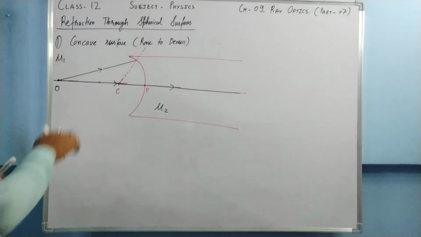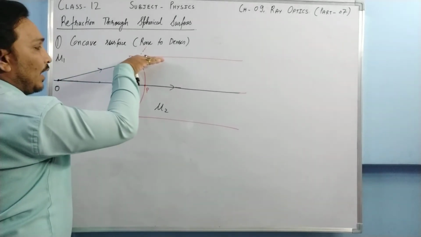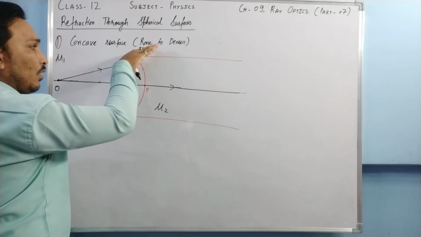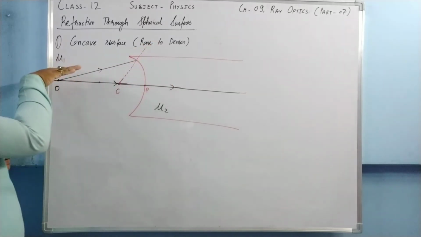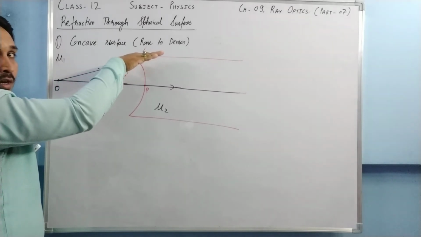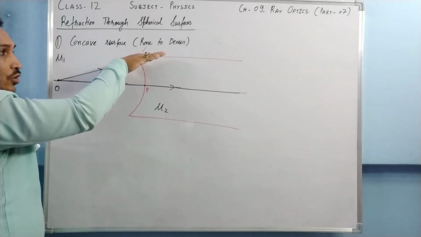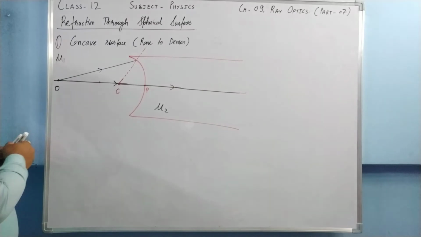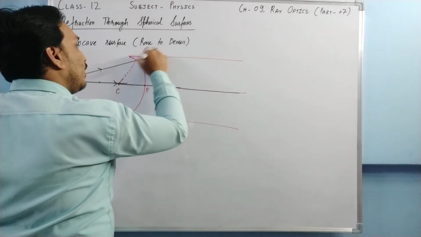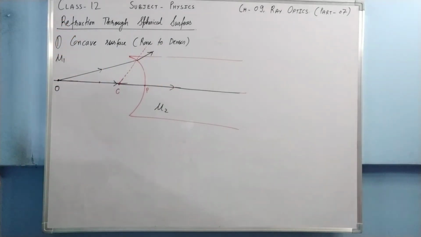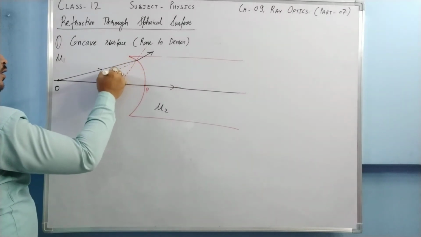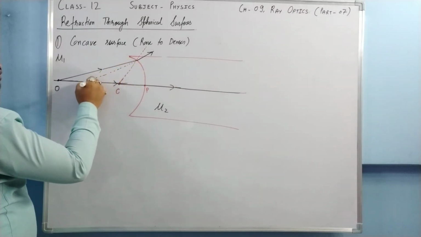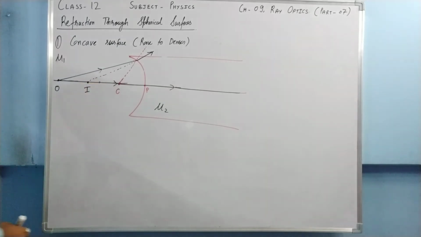Now ray of light is going this way and has to bend towards the normal because it is going from rare medium to denser medium. So ray of light is going this way, this is the original path of the ray, and it has to bend towards the normal, so it will bend upward. So this ray of light will go something like this from here, and if I take this ray behind, somewhere here the image will be formed. Okay.